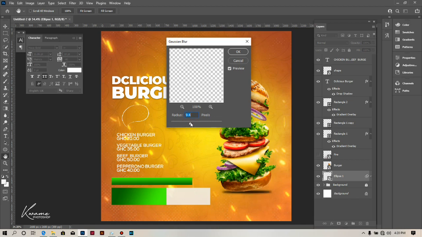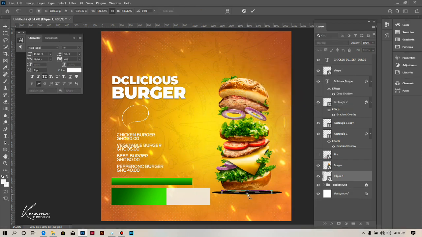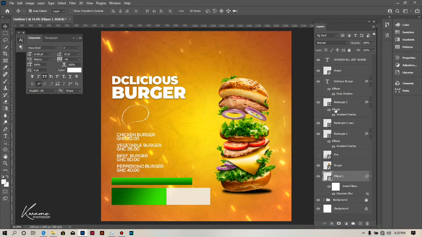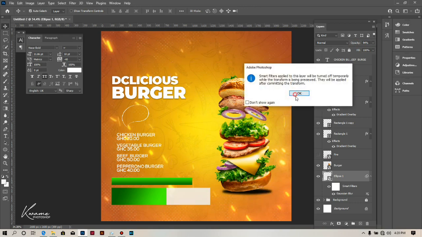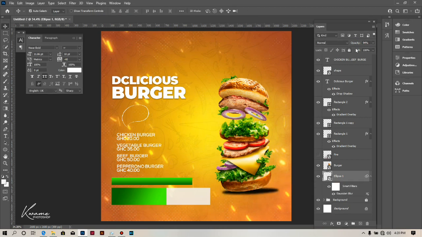I think this side is cool. It looks too thin for me. Let's see. Okay, so let me drop this shadow, and then I'm just going to tilt it a little bit. Then let's see, let's stretch it. Okay. I think it needs more blurring, so